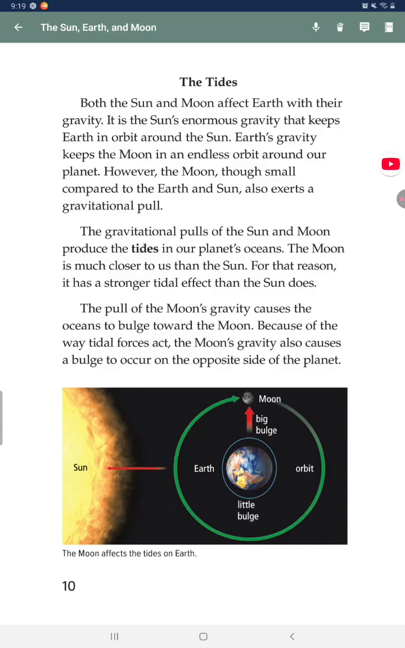The Moon is much closer to us than the Sun. For that reason, it has a stronger tidal effect than the Sun does. The pull of the Moon's gravity causes the oceans to bulge toward the Moon. Because of the way tidal forces act, the Moon's gravity also causes a bulge to occur on the opposite side